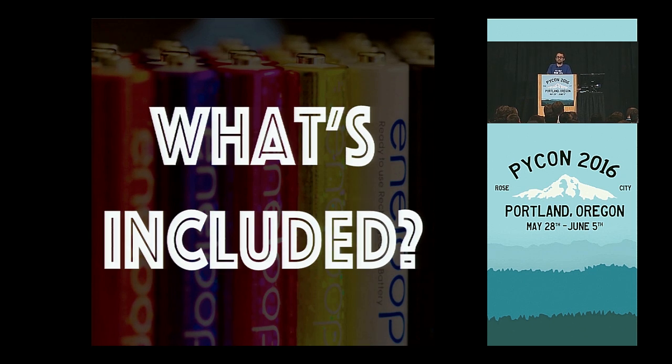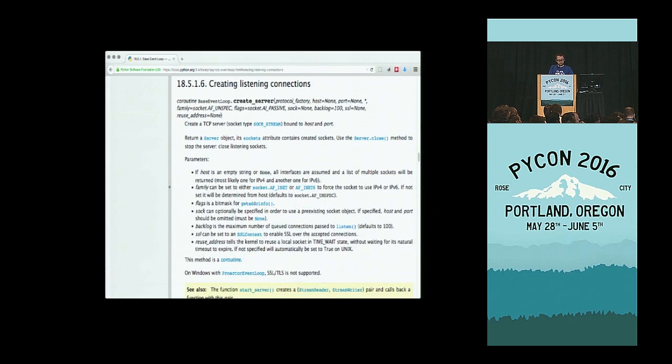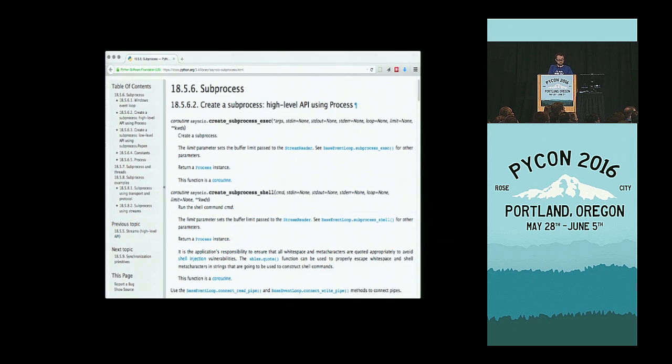The good thing about async IO is that there's a lot included for you already. You can find all sorts of goodies in the docs. So obviously, you can create connections that support SSL as well, and support IPv6. We use it, so I know. There's TCP, UDP, Unix sockets, you name it. You can also write clients with it just as easily. Again, it supports SSL. It supports UDP by reusing the same datagram endpoint. You can watch file descriptors, which is sort of the same thing, but for dealing with local changes. You can also invoke subprocesses.